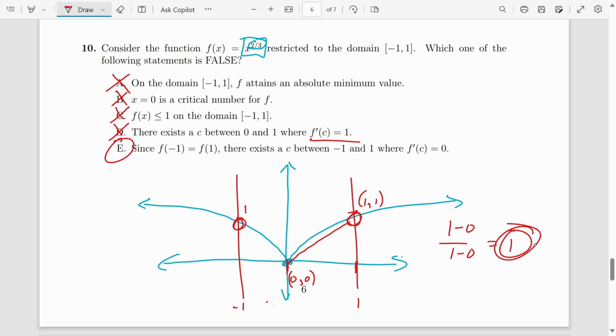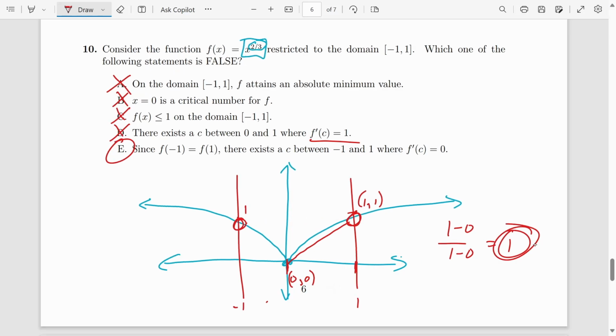So since f of -1 equals f of 1, which is true, there exists a c between -1 and 1 where f prime of c equals 0. So this one is false, because this is asking about Rolle's theorem. Rolle's theorem says if you have 2 points on a graph that have the same output, which is true here,